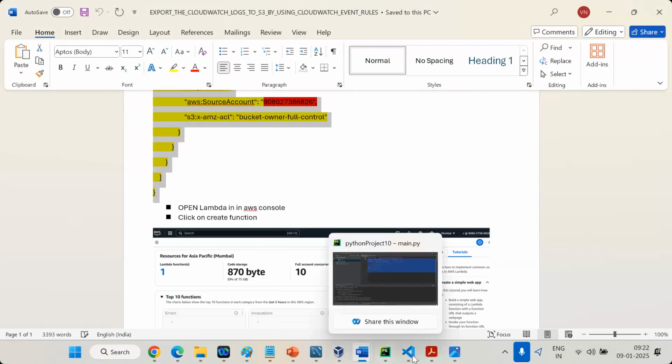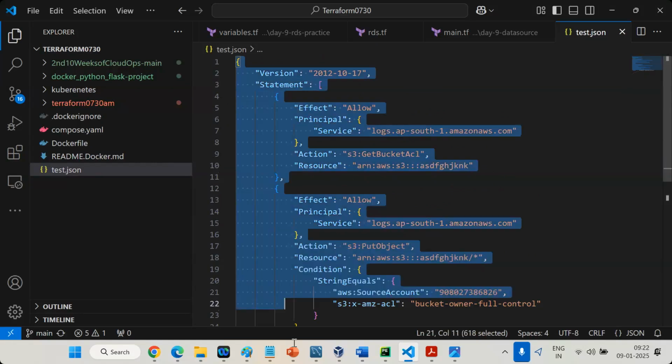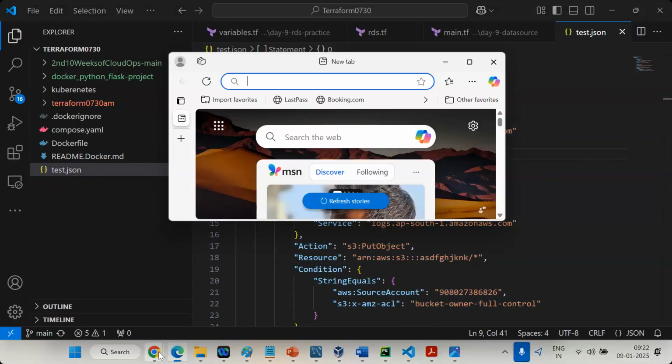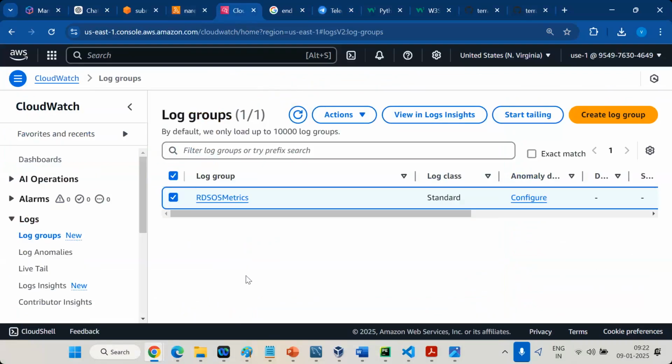Copy. Already pasted. Okay. Yes, this is my JSON policy. This JSON policy is, for example, this is my logs, log group. Or in my end, if I create one instance quickly,